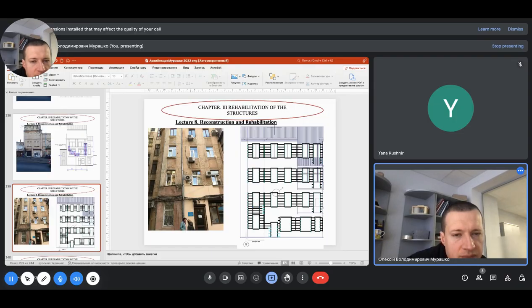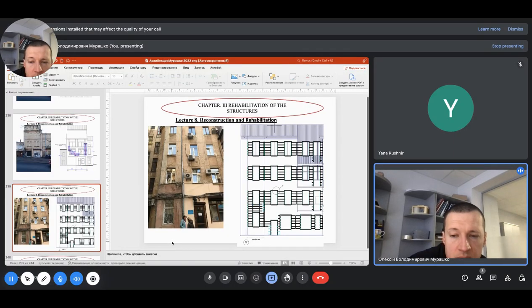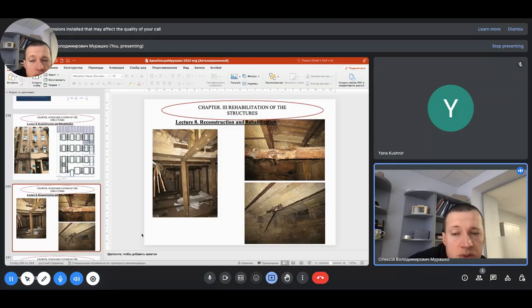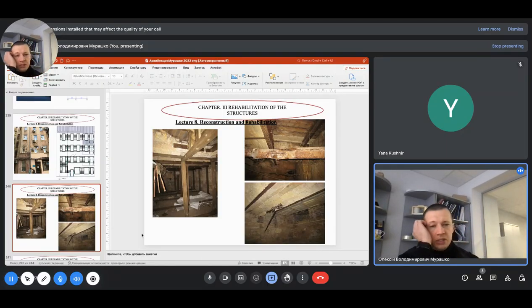And here you can find the method of rehabilitation of these elements by adding metal jacketing on the facades of the building. Those metal jackets have to hold down those cracks which you can see on the wall of the building. Next situation, also on one of the architectural monuments in Odessa, you can find those